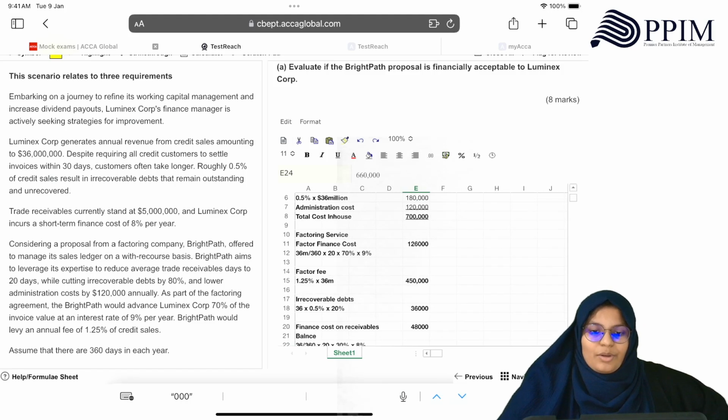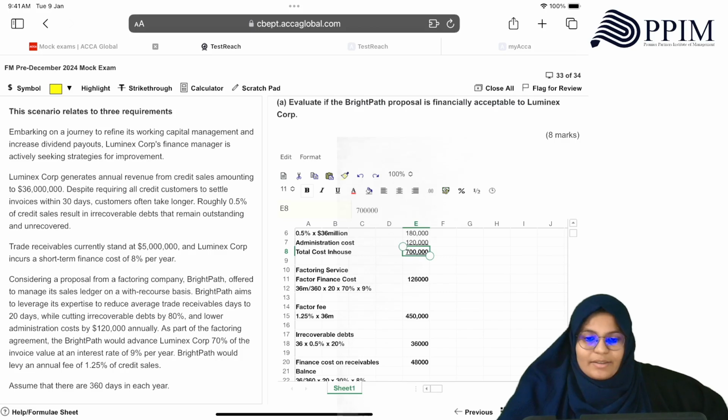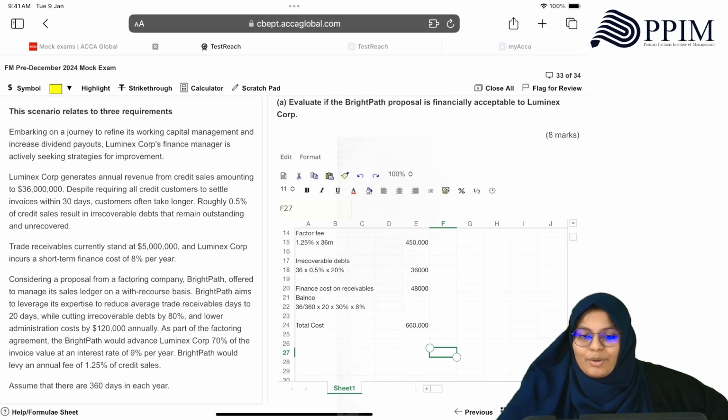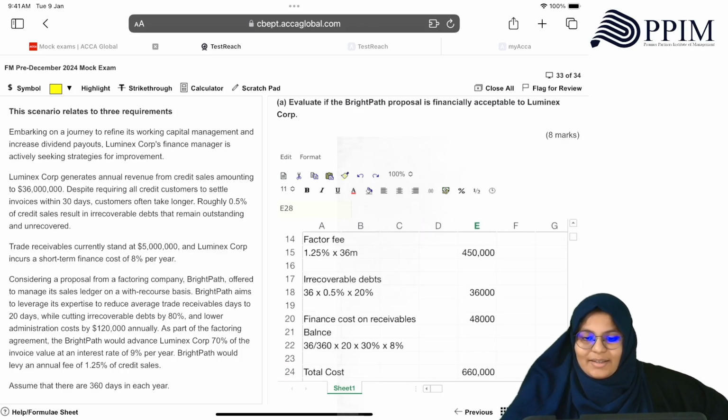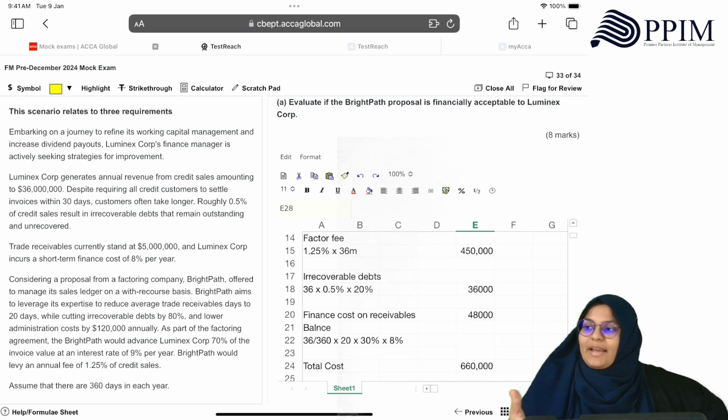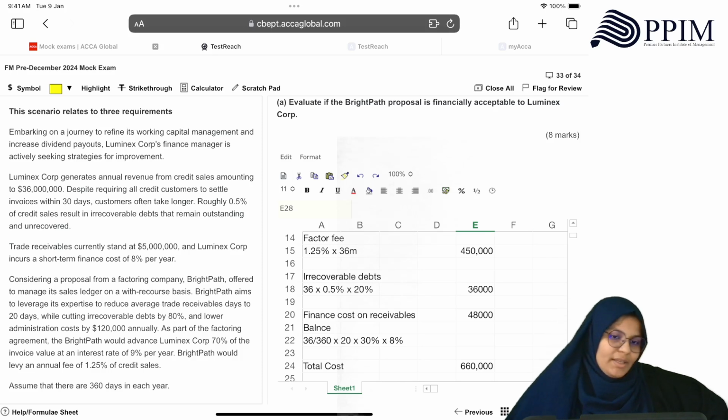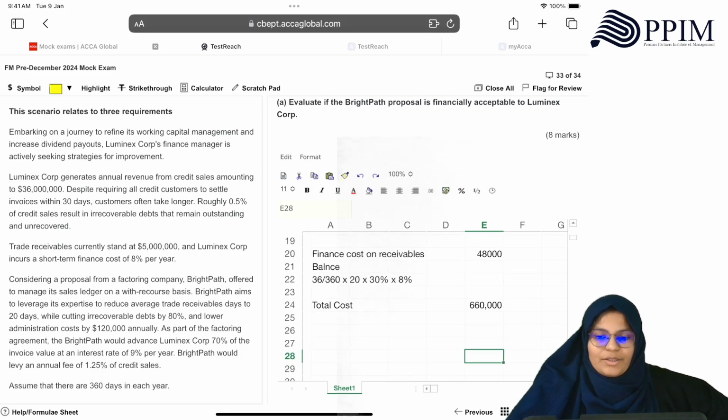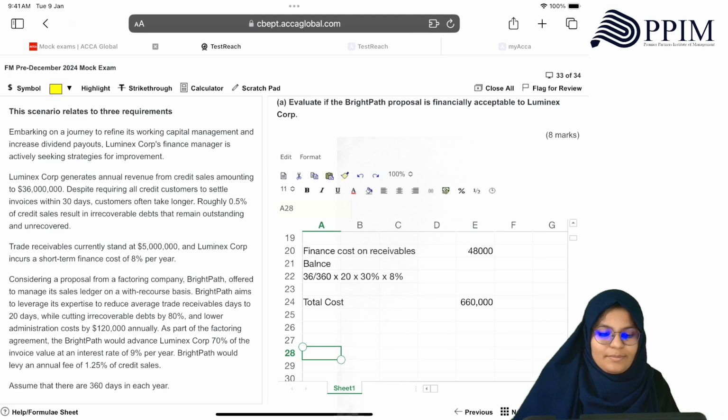Okay, so if you look at in-house, it's 700,000. If you look at the factoring arrangement, it is 660,000. So obviously factoring happens to be cheaper by 40,000. Okay, so you can mention that savings